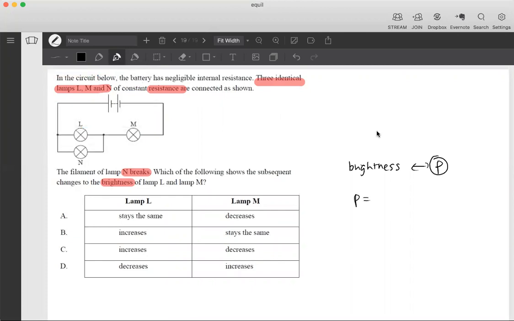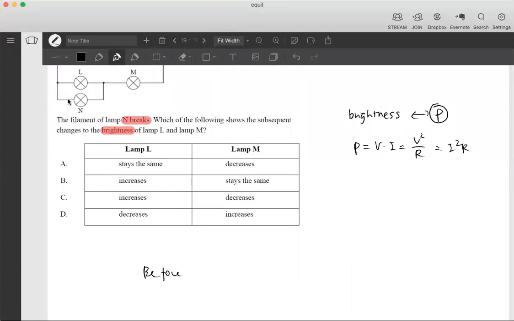The power P has three formulas. It equals voltage multiplied by current, equals V squared over R, and equals I squared R. You need to decide in which case which one is the best to use. First of all, we're going to draw two diagrams, before and after it breaks. So before it breaks,